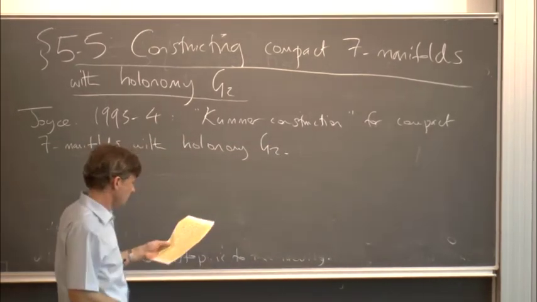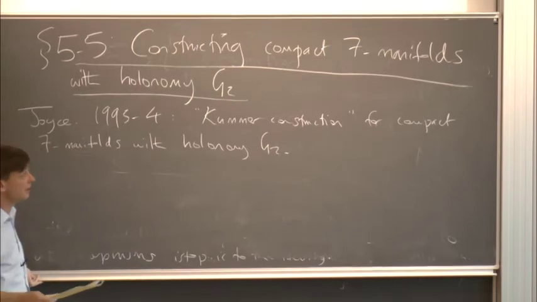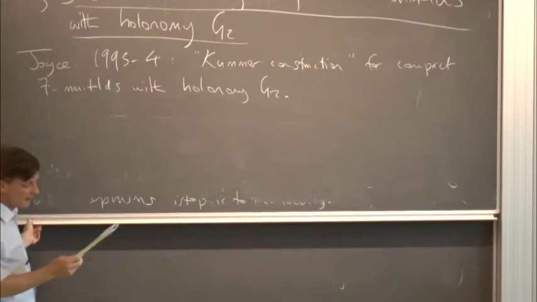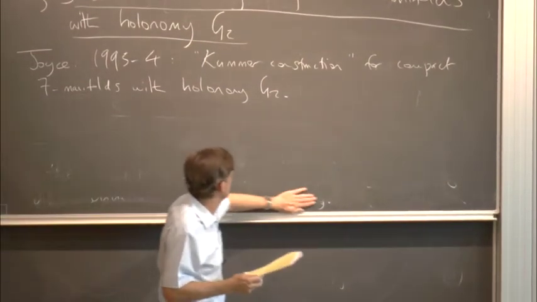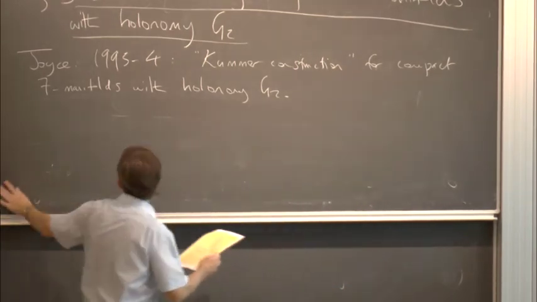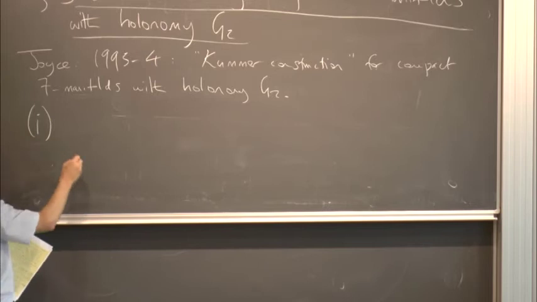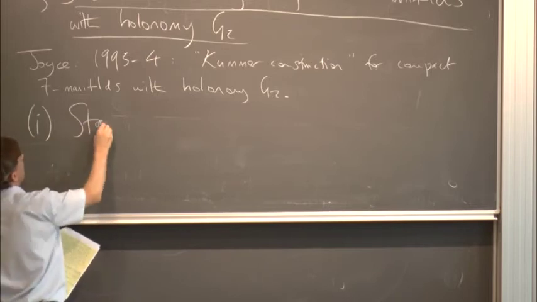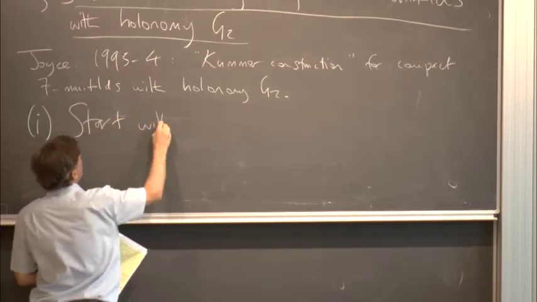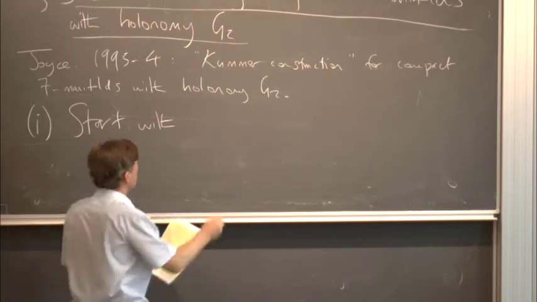Okay, so it's basically a more complicated version of the Kummer construction, and let's divide it into a number of steps. So step 1 is to start with a 7 torus, T7,